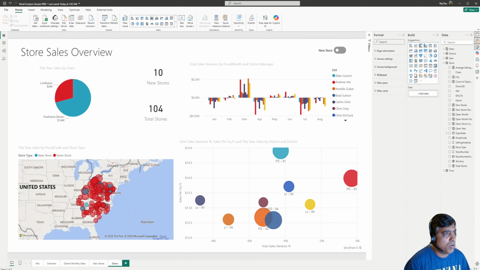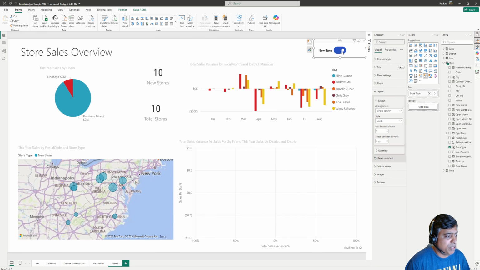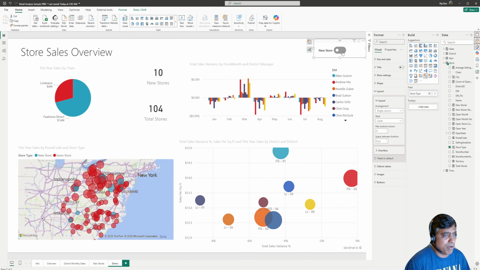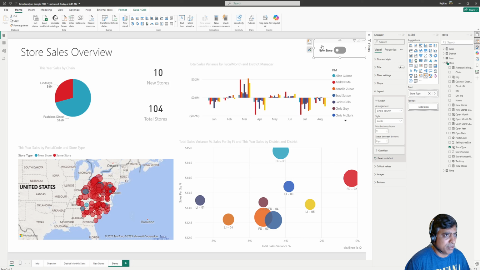This is a demo of implementing a toggle button like this for a filter in a Power BI report. And this toggle button, basically when you turn it on, it will show only the new store details. And then when you turn it off, then there are no filters on this field. This field is the store type in this